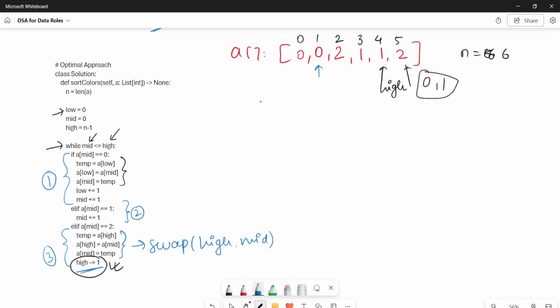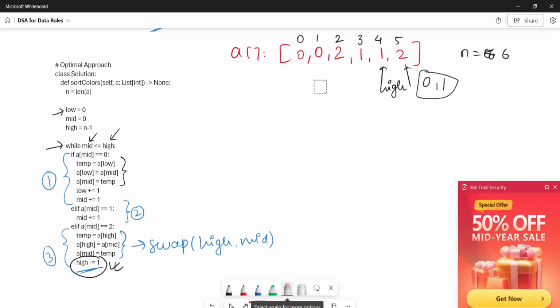So here we will have low and high, right? Whatever we want at the low place, we have already placed, so we'll increase the low, and sorry, instead of low this would be mid. Okay, so again this will happen since both the values are the same. Again 0 will be swapped with 0, and will come over here,